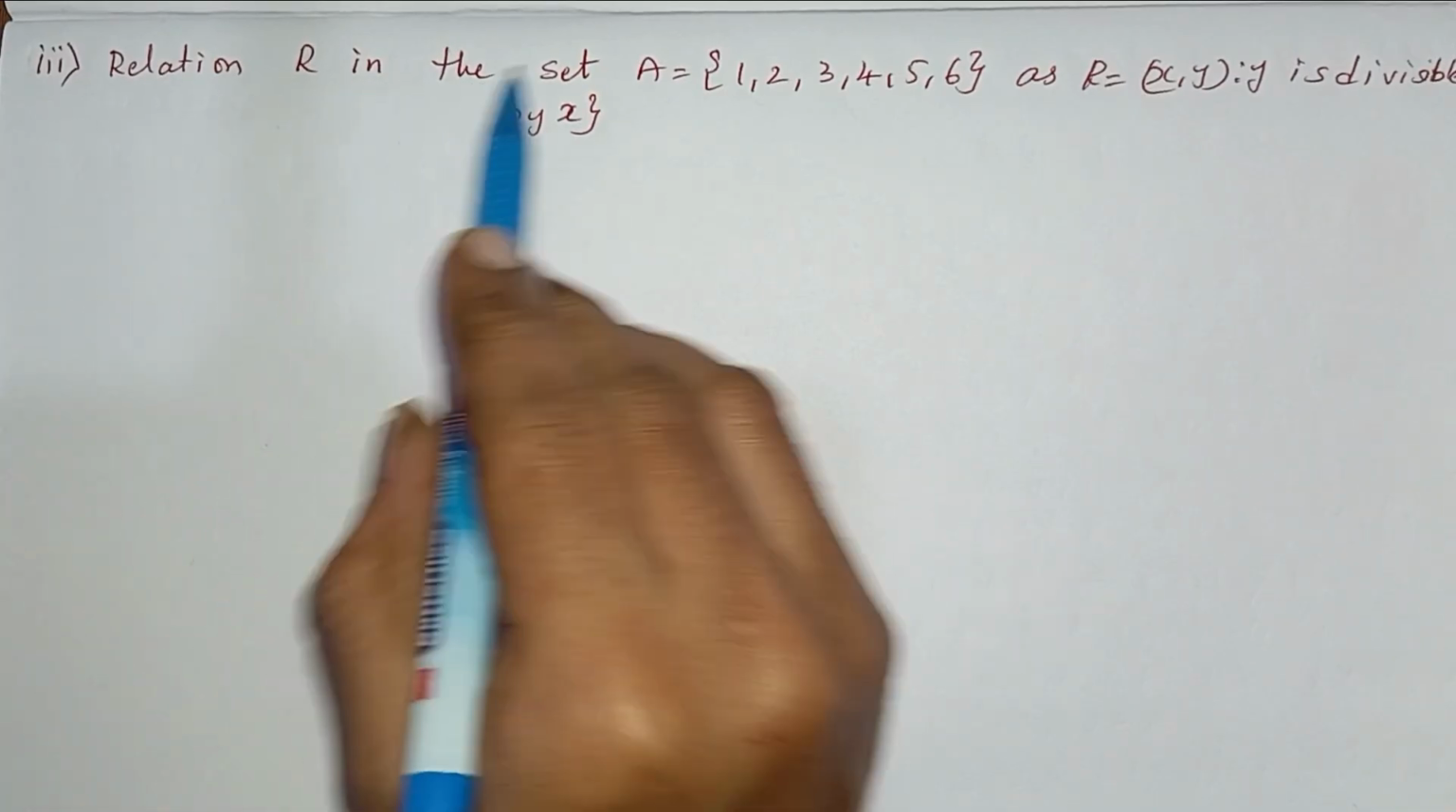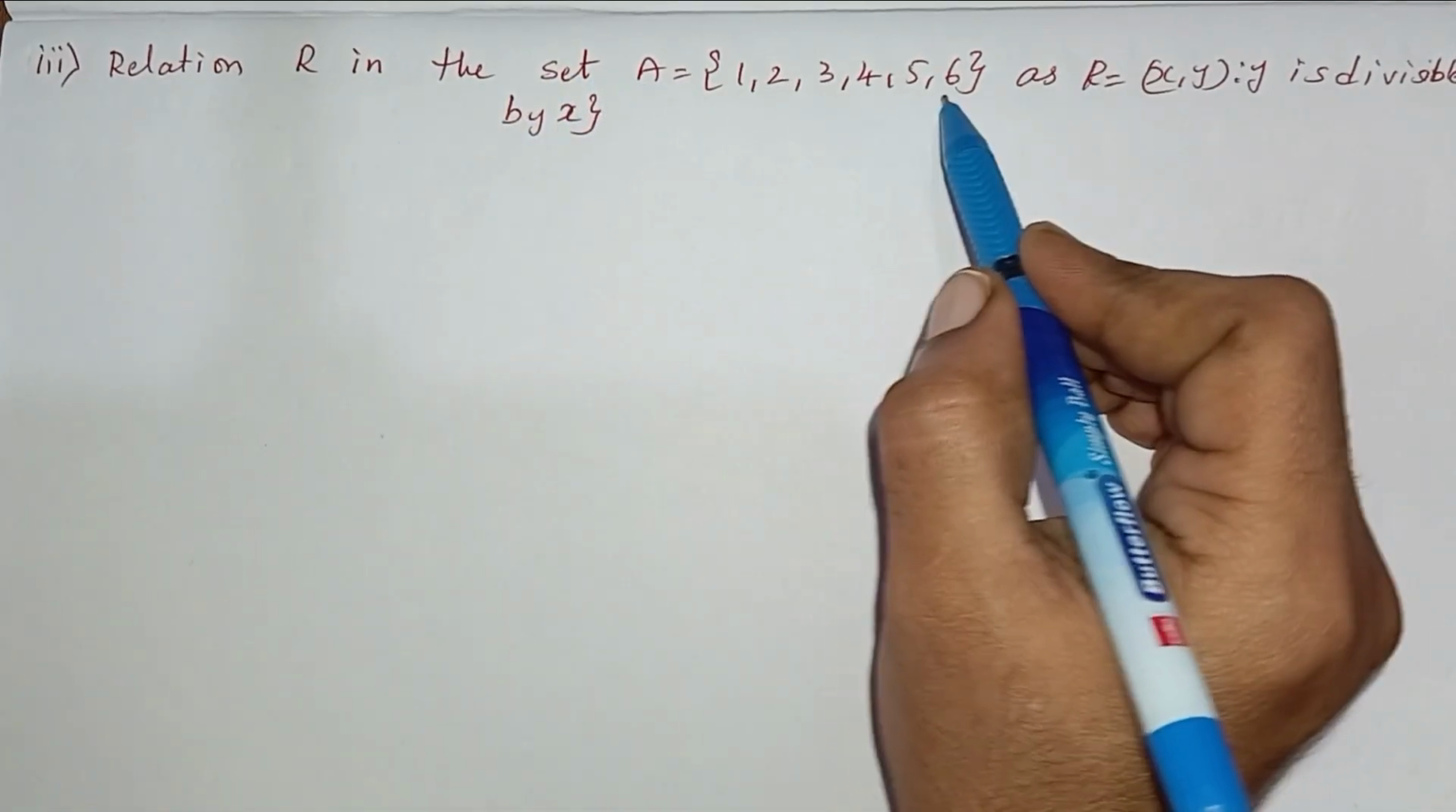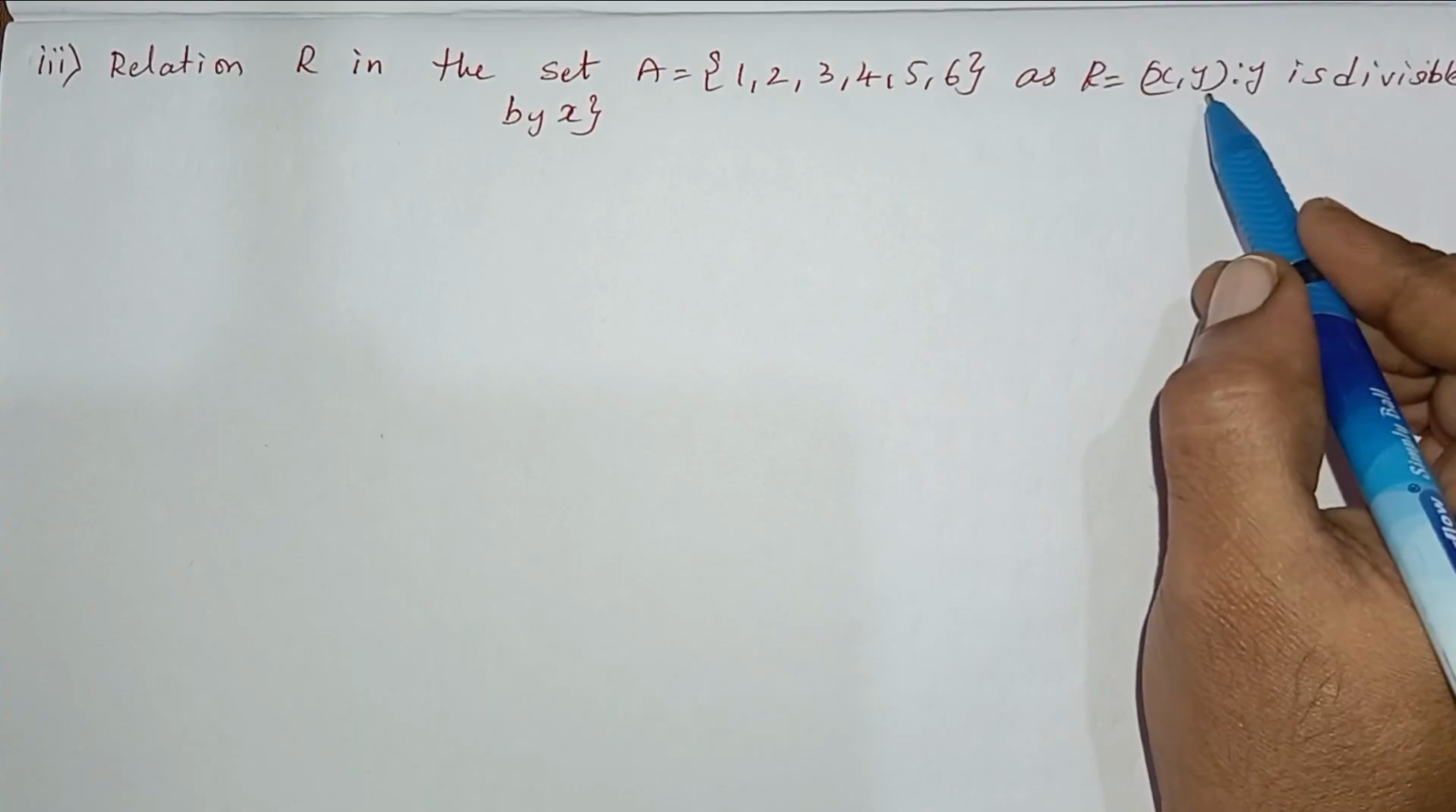Third question: relation R in the set A = {1, 2, 3, 4, 5, 6} is R = {(x, y)